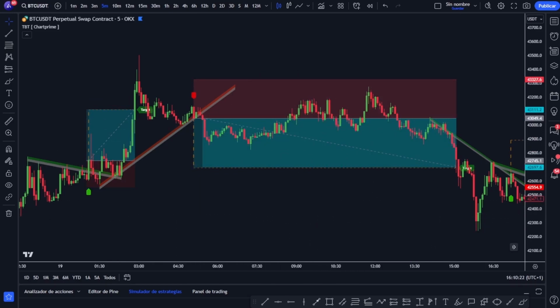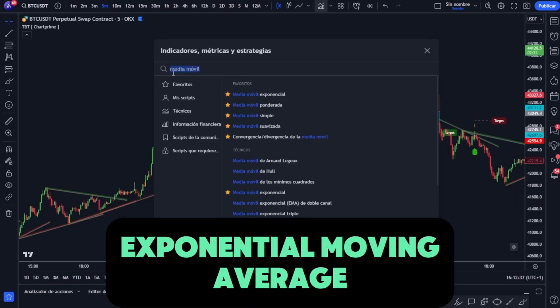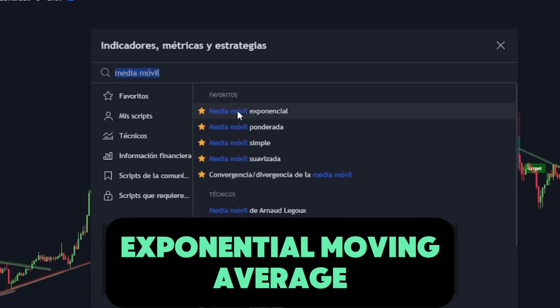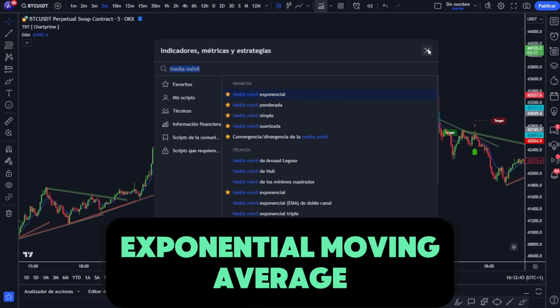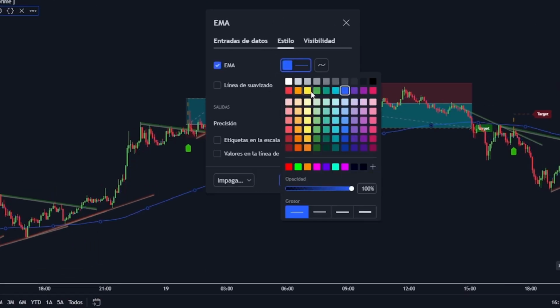We should add a couple more things to avoid false signals and nail it to the millimeter, increasing our long-term profit. We go back to the indicators section and add a moving average. But which one? The exponential moving average. And of course, in the settings, we'll set it to 200 periods. And in the style section, I'll personally set it to yellow and with a slightly thicker line so that it's